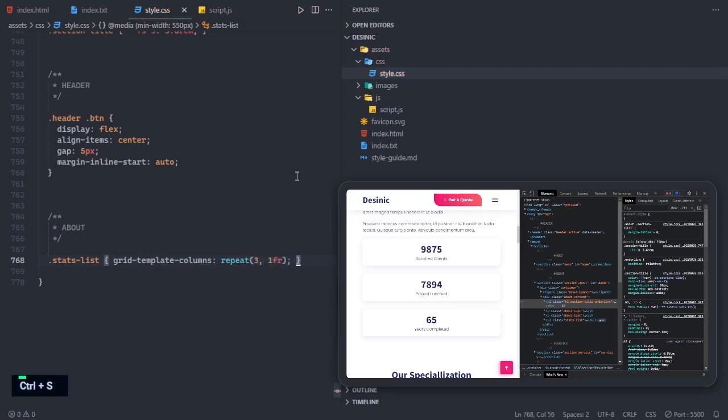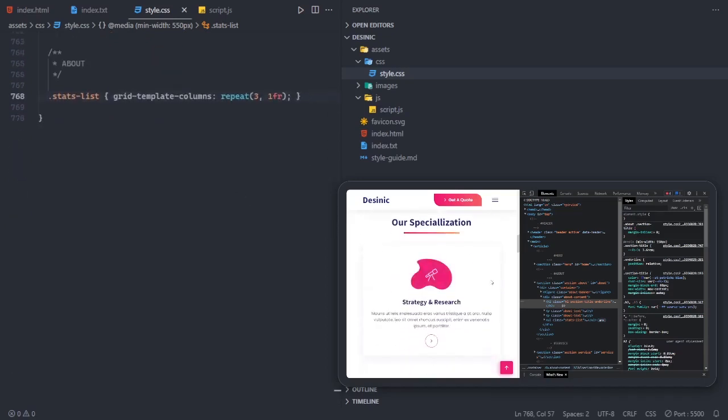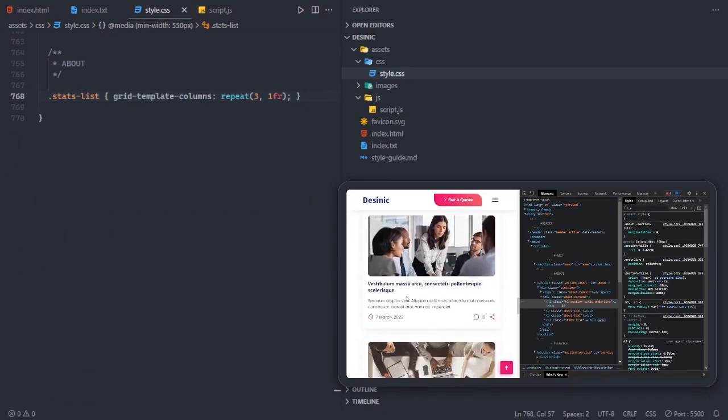This is for side by side. And after that, we need to style blog. So let's comment out for blog